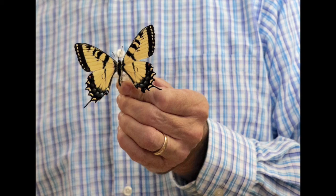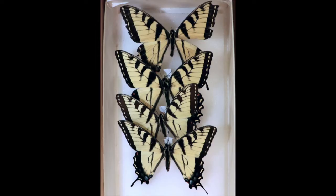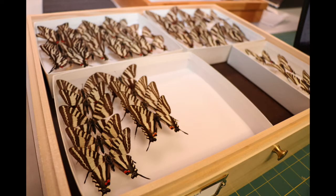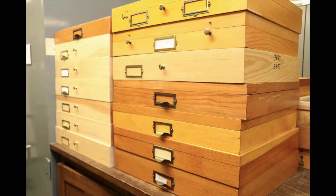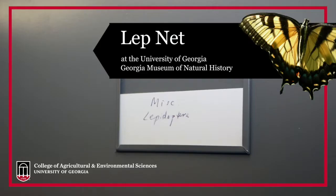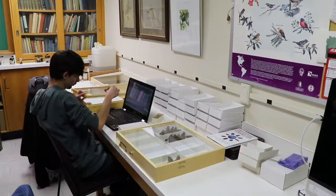The University of Georgia collection of arthropods has about 2 million pinned insect specimens, and of those 2 million specimens, about 25,000 to 30,000 are butterflies and moths, which is the order Lepidoptera. Well, we are working on an NSF-funded project called LepNet, and LepNet is a museum specimen digitization project that takes